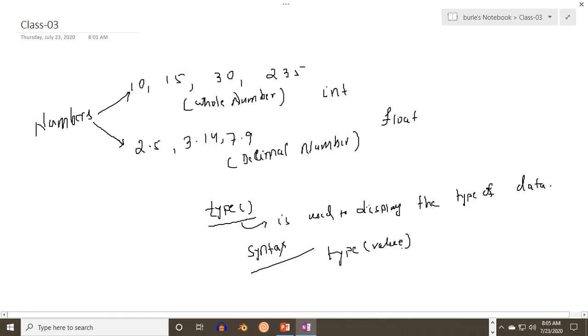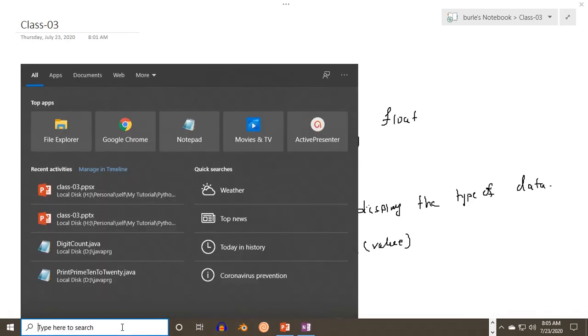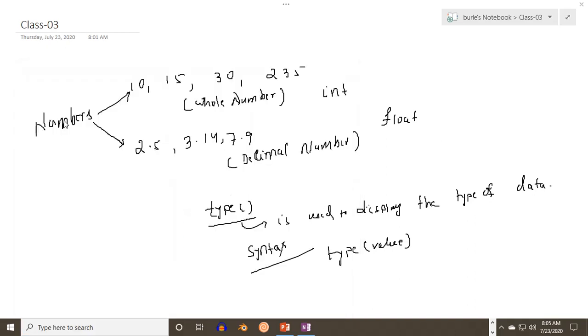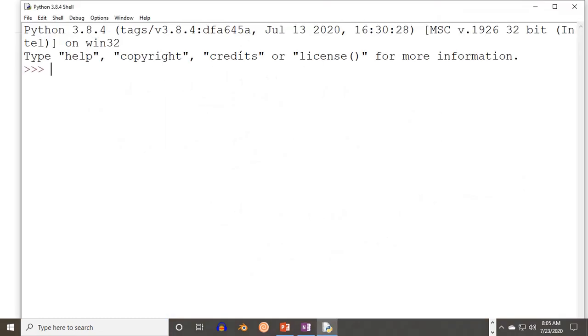So let me show this answer by using IDLE. So let me type IDLE. This is giving the Python IDLE or Python shell. So now here I will type type of 10.